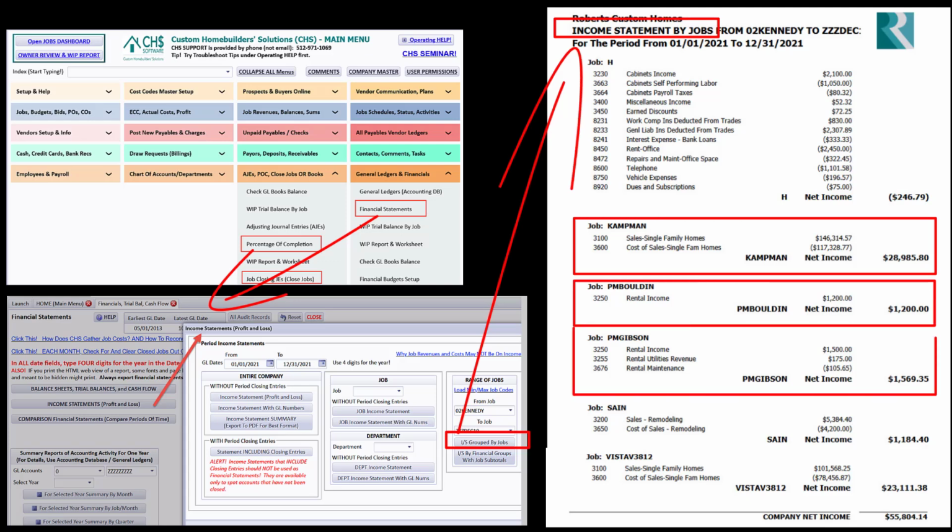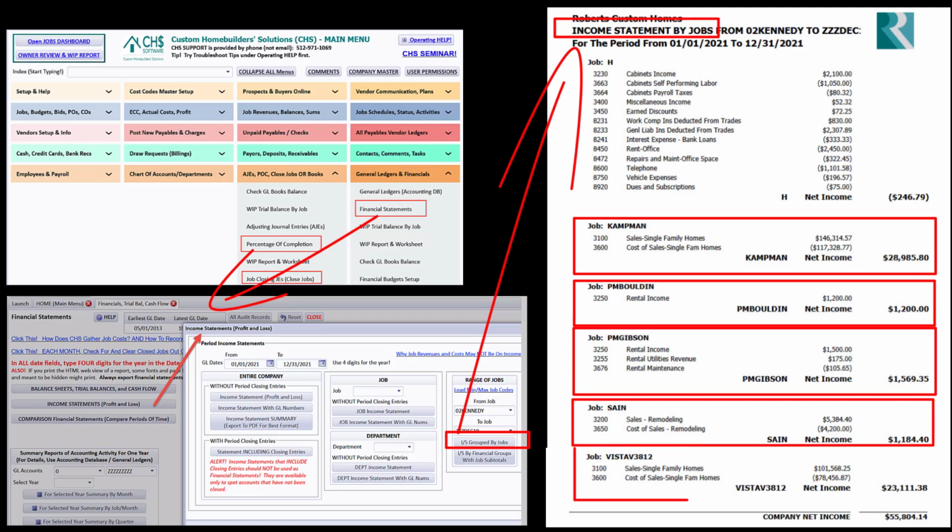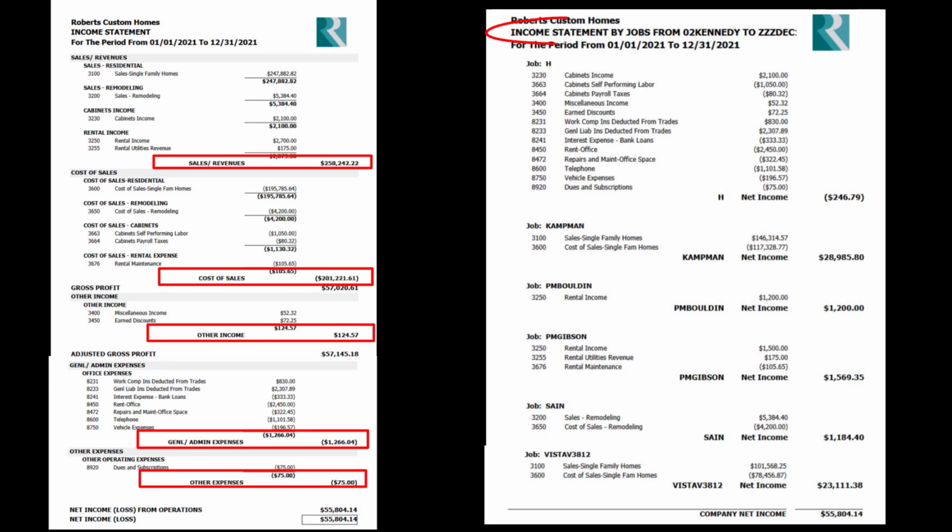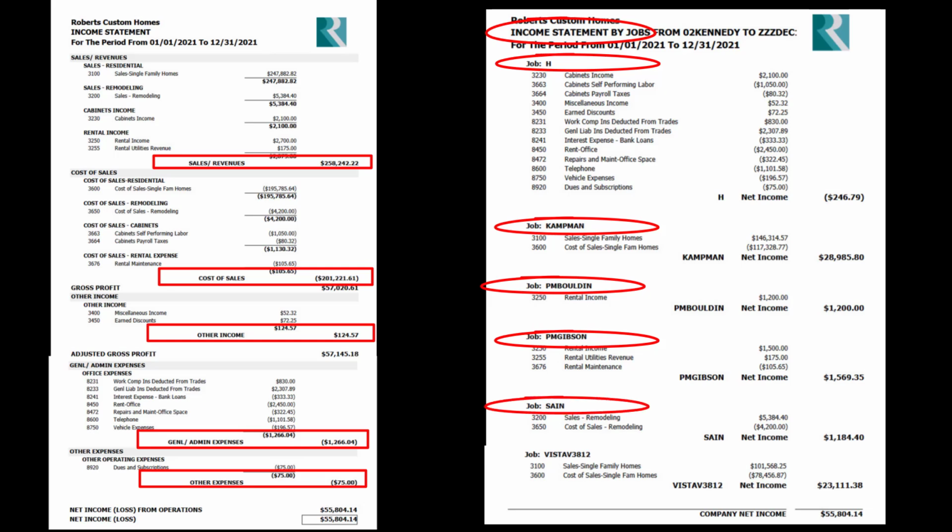That way it can provide a clear view of each job's net contribution during the selected period, helping you analyze profitability with ease. Of course, CHS also includes standard income statements that group and total financial data by traditional categories, such as sales, cost of sales, general and administrative expenses, other income, and other expenses. The job-grouped income statement, however, uses the same financial data but subtotals amounts by job rather than by financial category, giving you a very different perspective on your company's financial performance based on the amounts contributed by each and every